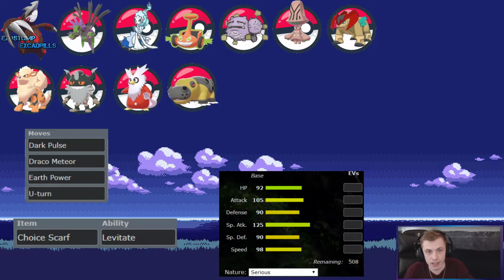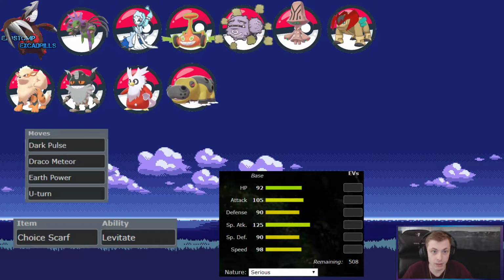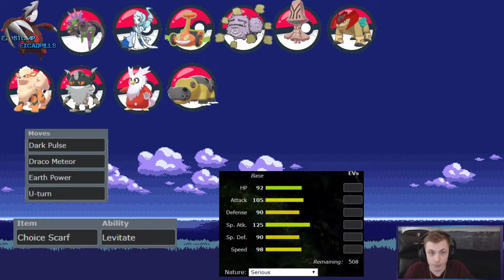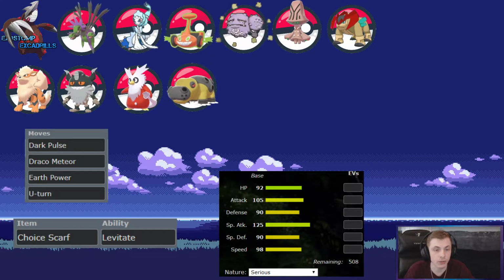So anyways, we got, for number 1, Hydreigon. I picked up Hydreigon mainly because I haven't used it in draft before, and I always think it's a threat, always. So I want to try it out, want to see if I could do work with it. I had to be careful about fairy types, of course, but